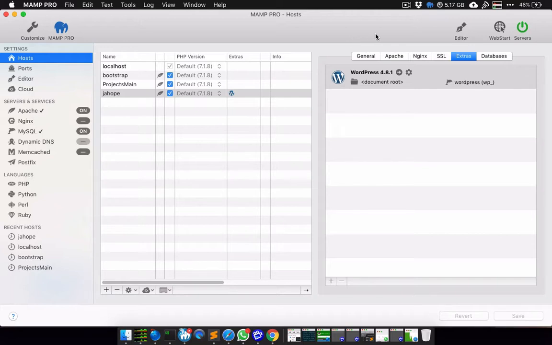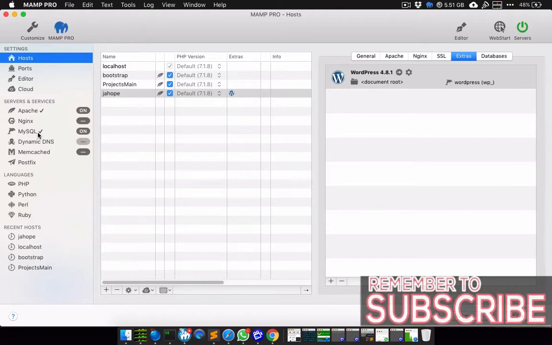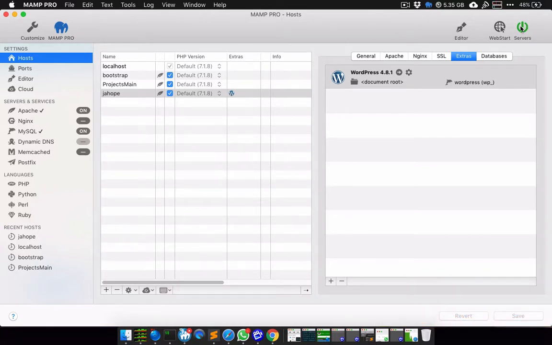All right, so from there you can stop and start your server. If I press this, it will stop my server, and you notice the elephant is gray. Server is not running. Start up my servers. I have two services running, Apache and SQL, so I'll be going into that in more detail. Now, after you have finished turning on your server, so you have your Apache and MAMP running,